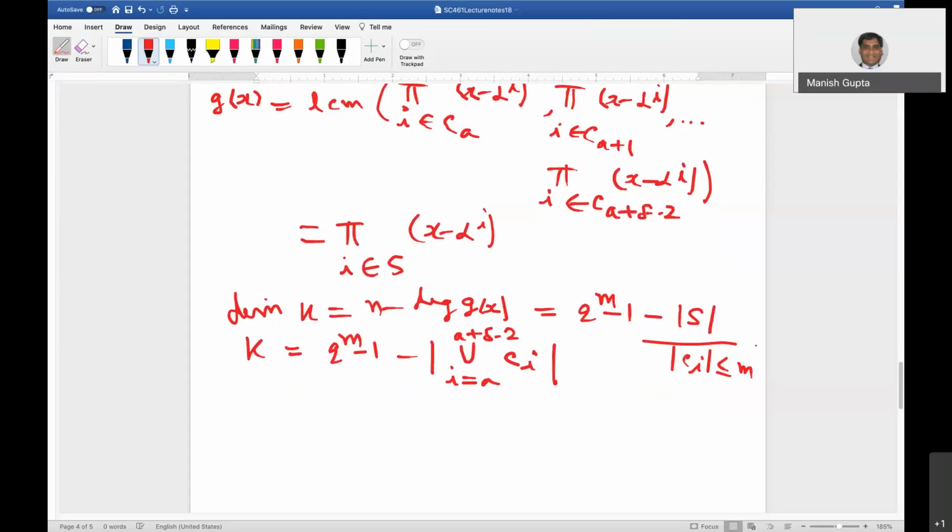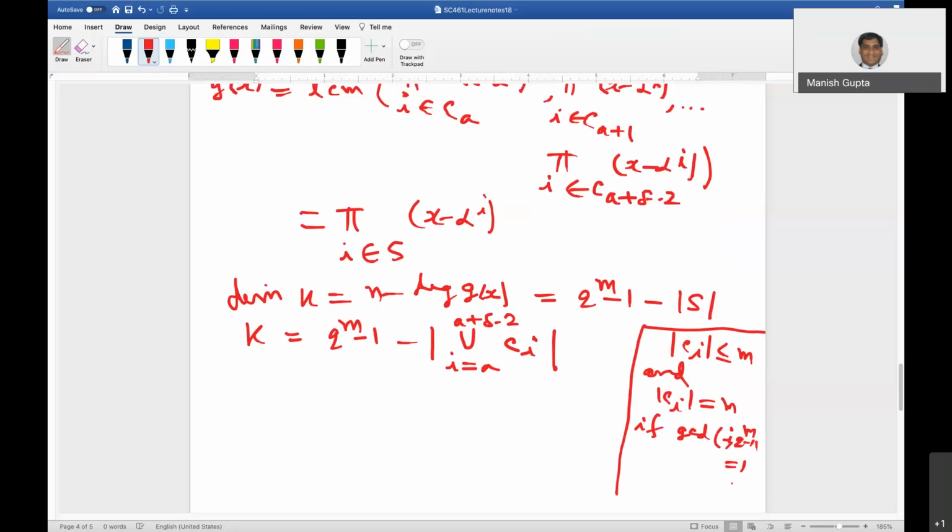I think I just mentioned this here, cardinality of Ci is equal to m if GCD of i and q raised to power m minus 1 is 1. Okay, so that means k is at least q raised to power m minus 1 minus the summation from i equal to a to a plus delta minus 2 of cardinality of Ci,